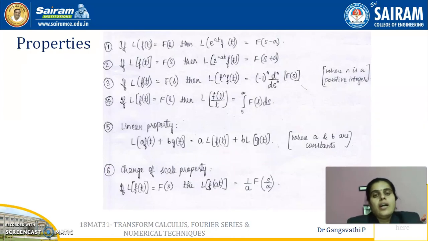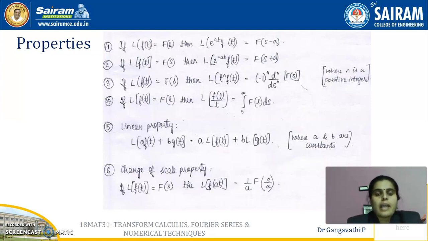Let us try to get some formulas with respect to the properties of Laplace transform. So first one, as I said, the definition of a Laplace transform, L of f of t, which can also be written as capital F of s. Once you apply a Laplace transform to a function f of t, your answer will have only s and constants, there will not be any t. So we can write that as a function of s. The conclusion: Laplace transform of any function can be written as F of s.